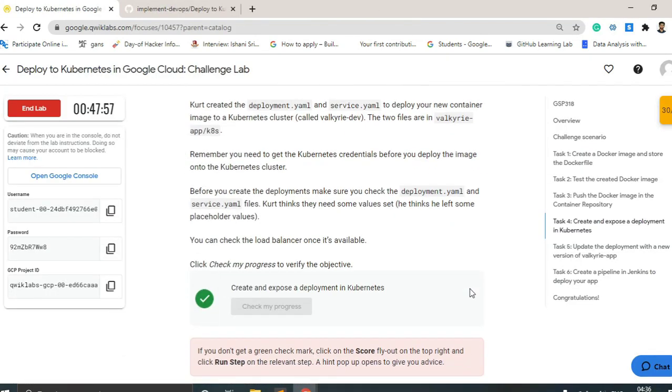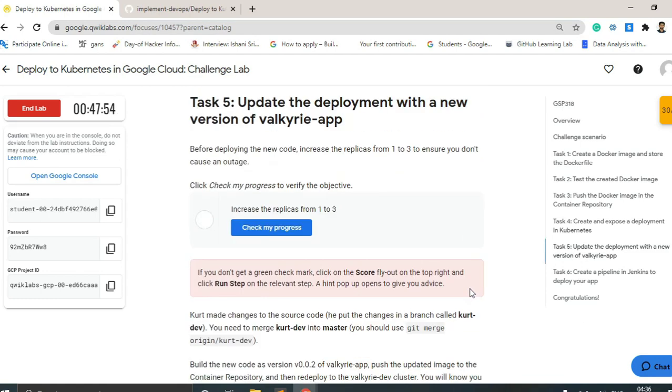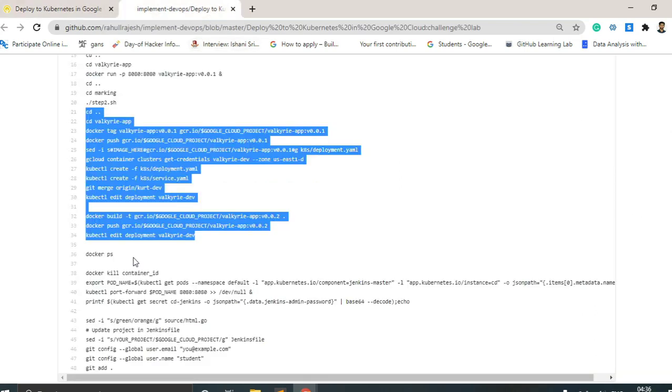Yeah. So our task 5 is the new deployment version, and 1 to 3 means we have to change the replicas from 1 to 3. For that we have already pasted the command, kubectl edit deployment vampire-dev.